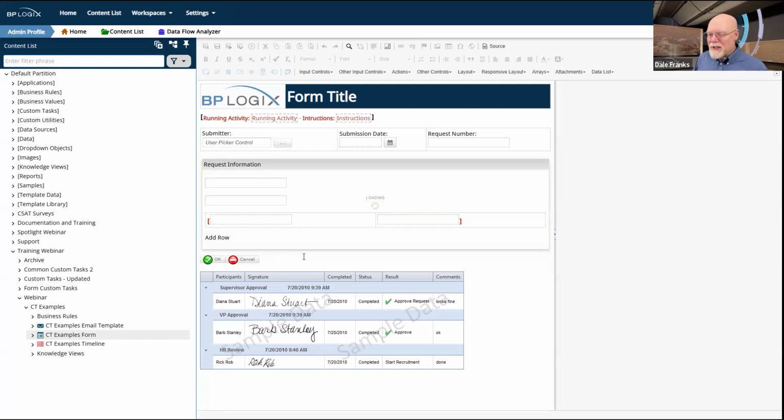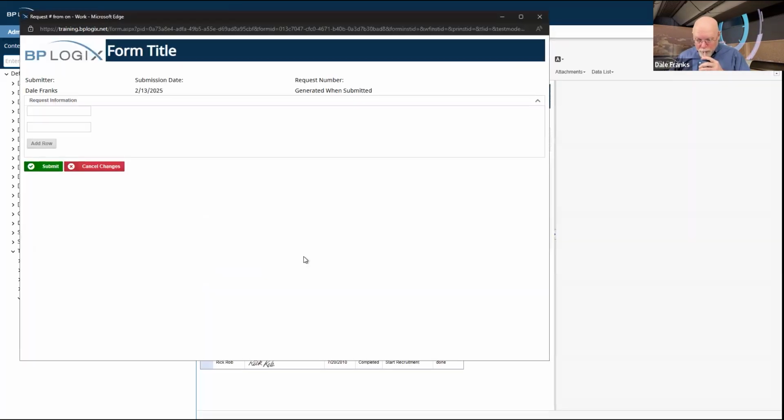So we'll have to give it a second to generate. I'll have a sip of coffee while it does. Now we've got a form. We can tab our way into our form field, and we can go to our second form field. Okay, now I've got a problem. I'm back up at the top of the form.